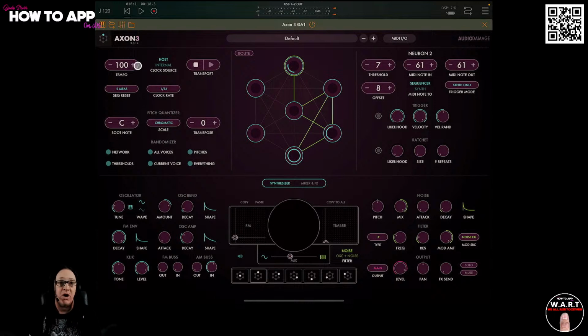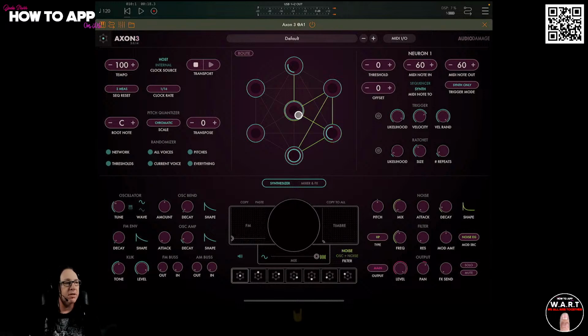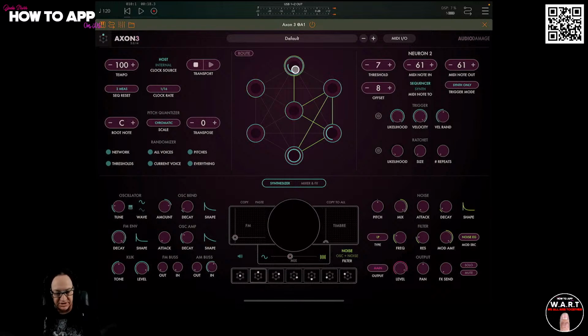So this section up in the top left-hand corner is the general settings for everything. Over in the right-hand corner, this is your individual neurons. Now, these circles are neurons. And as I'm changing them, you'll see this section change to each number. The middle one is the number 1 neuron, so you can see it says number 1 neuron. And if I go up 2, 3, 4, 5, 6, 7, that's how the order runs. 1 in the middle, 2 at the top, and then around clockwise to